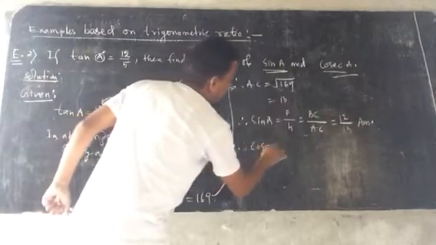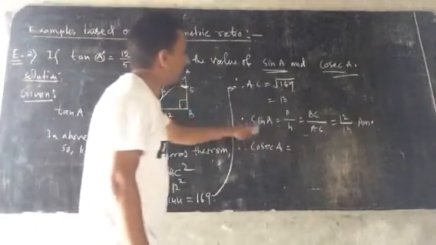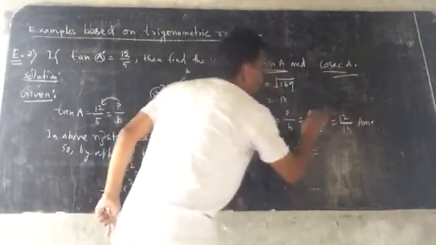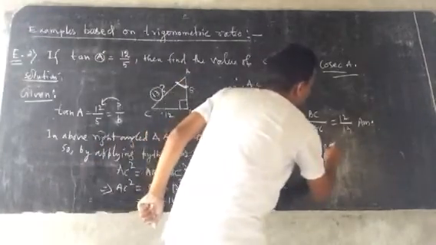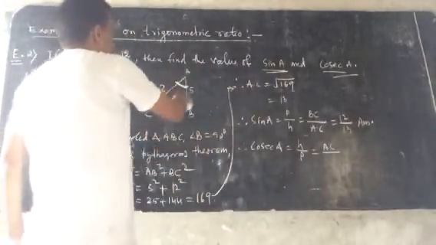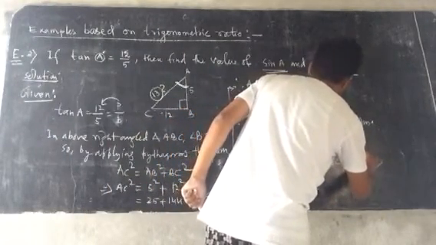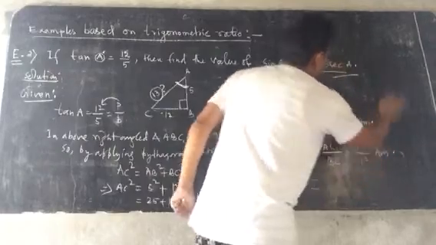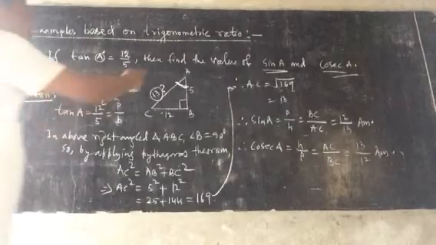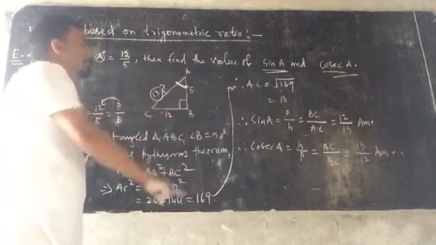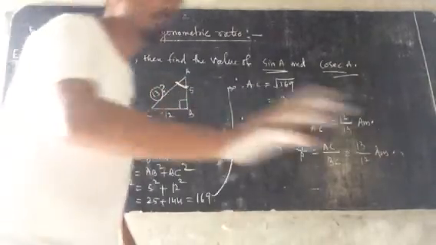Now you have to find cosec A. The cosec is the reciprocal of sine, so H by P. For the same angle A, H will be AC and P will be BC. So it is now 13 by 12. This is how we can find the ratios of the angle with the help of all three sides. You need to have the values of all three sides. If any one side is missing, then you cannot do it.